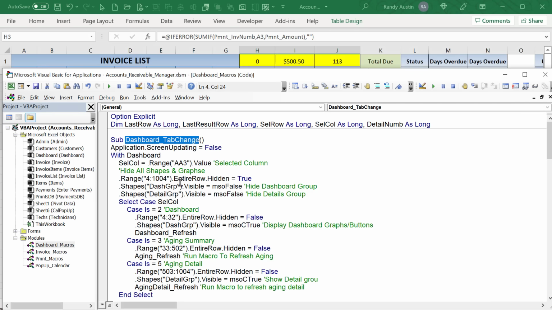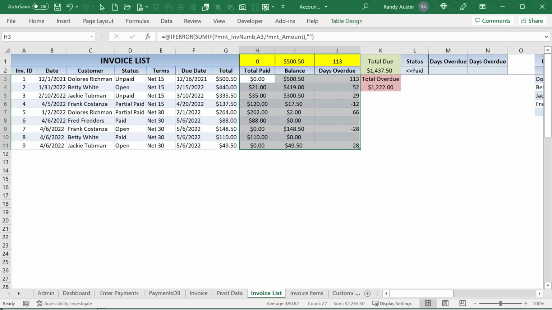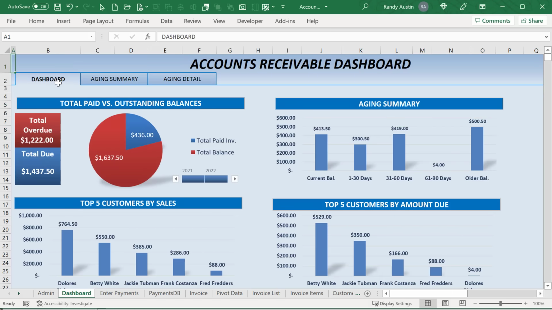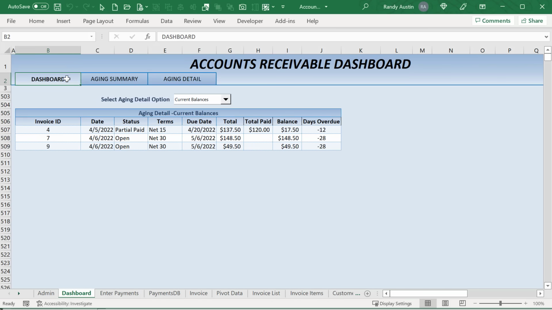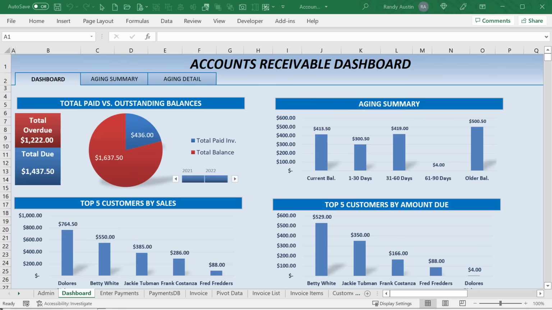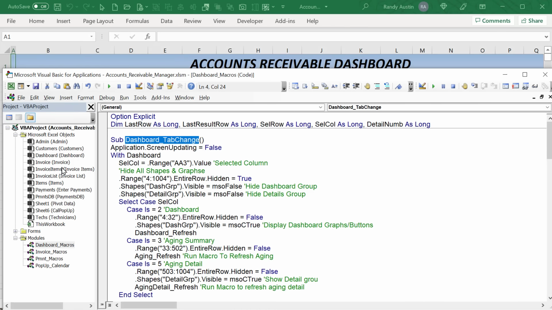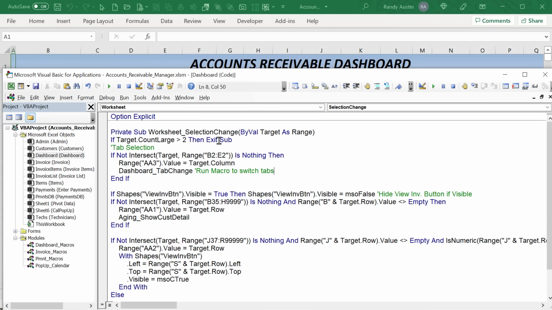How do we do that? Well, when we tab change, notice when we make a selection change on those tabs, whether we're selecting on B2, C2, or E2, we're going to make those changes. So that's going to be based on the selection change. So why don't we start with that right away and go into that. That's very simple, based on the selection change. If the user makes a tab selection change between B2 and E2